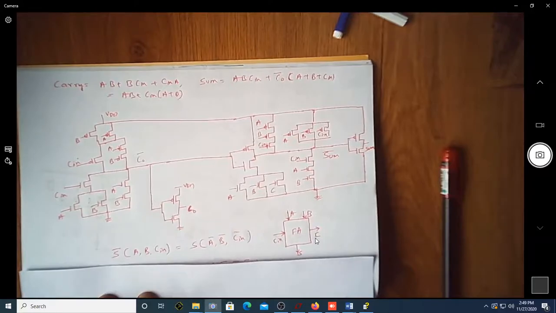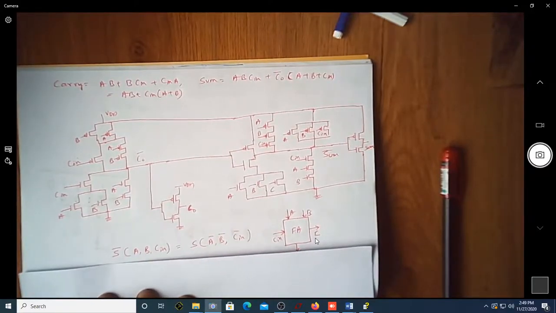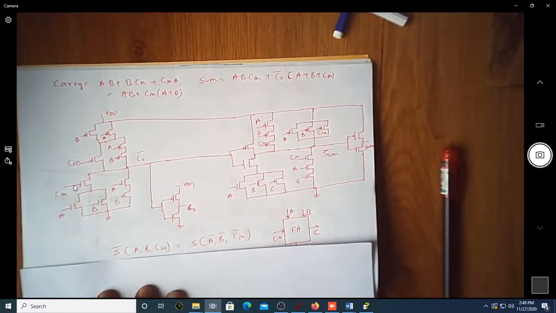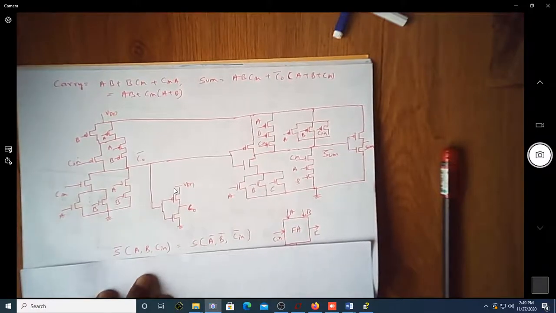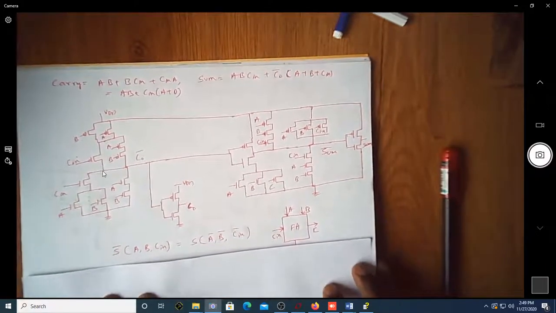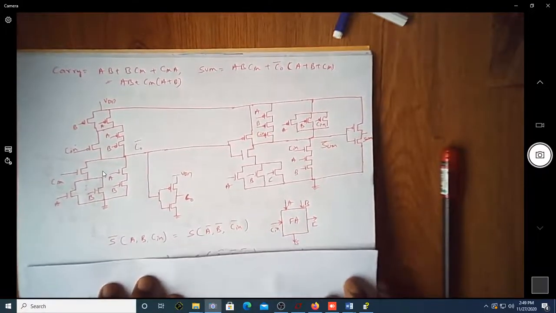You can carefully notice here. As we learned in the previous classes, any critical inputs have to be put very close to the output node. If you can see here, C in is a critical input which is coming from the external world, which is a carry from the previous stage. That is put closer to the output node so that the charging and discharging can happen faster. Same thing is over here. The C in is put closer to the output node. Why is C in kept close to the output? So as to minimize the time used to charge and discharge the load capacitor.